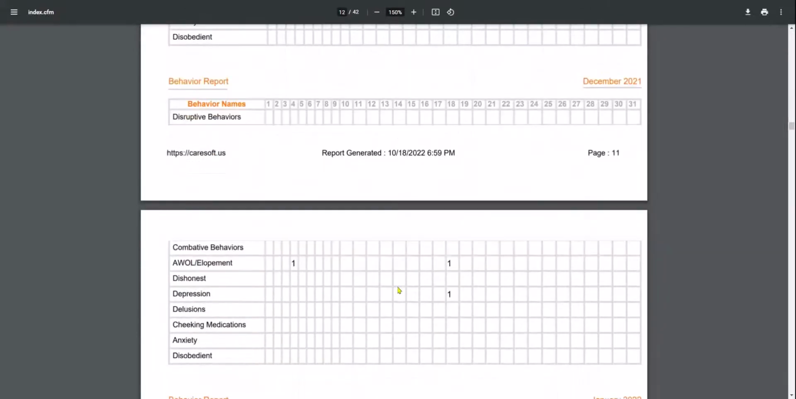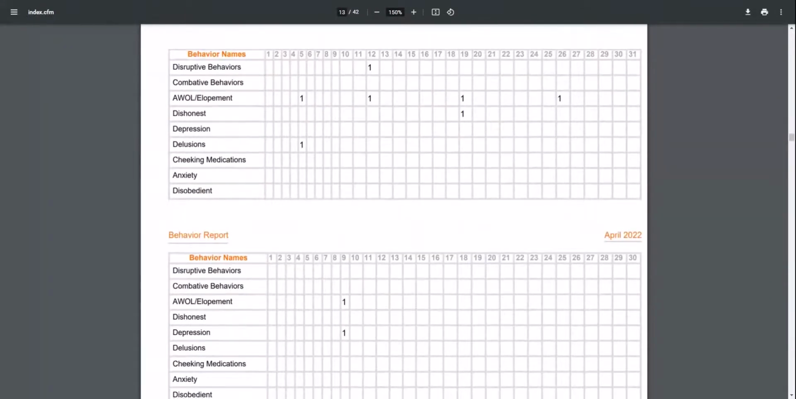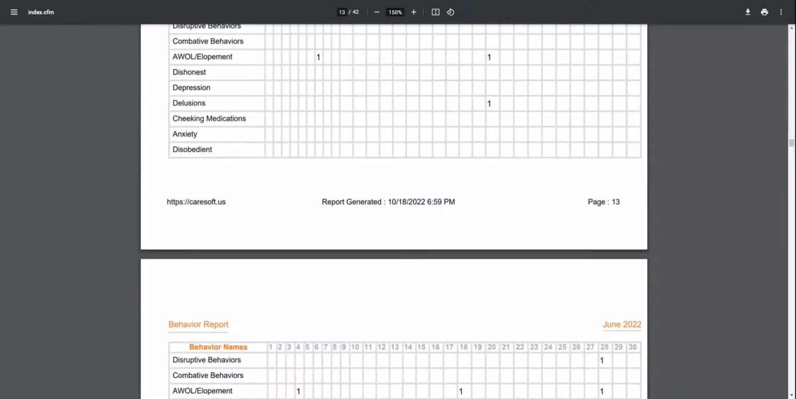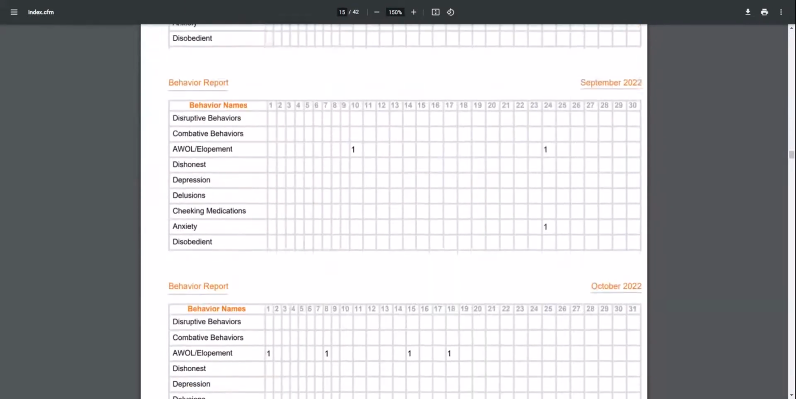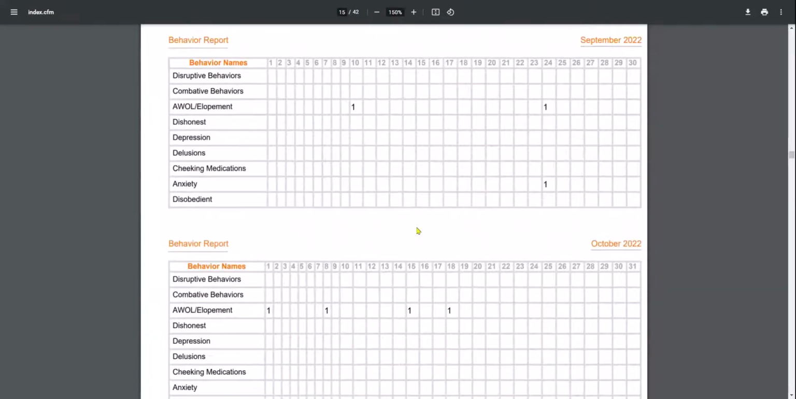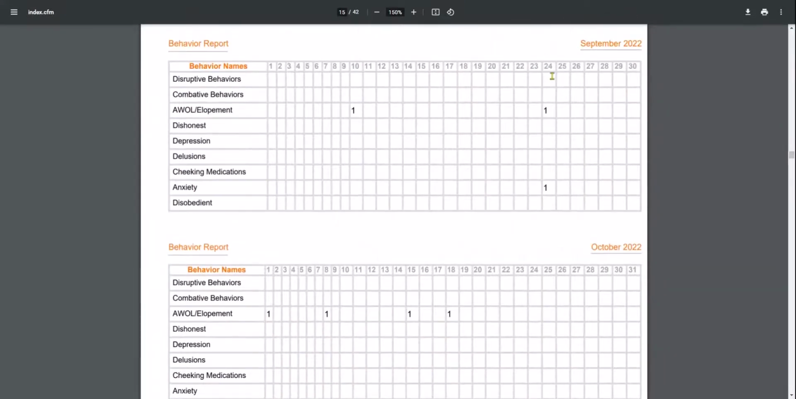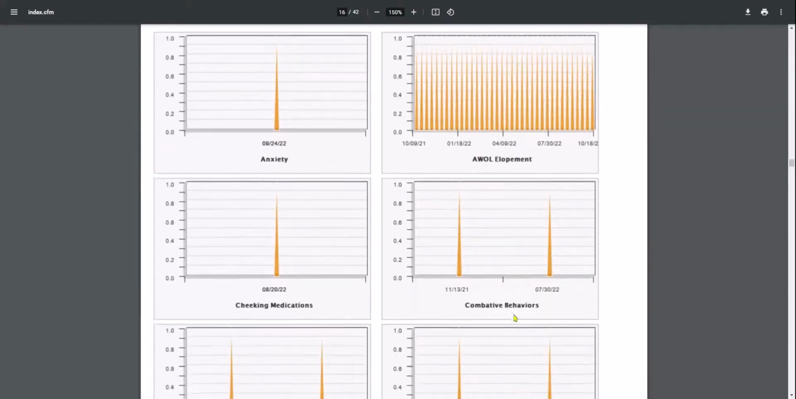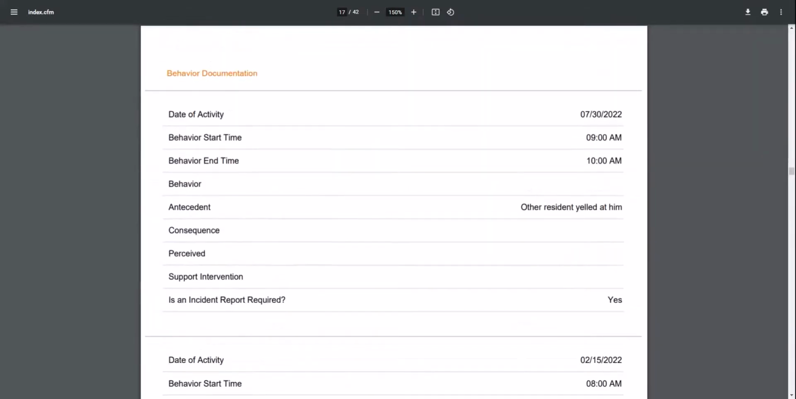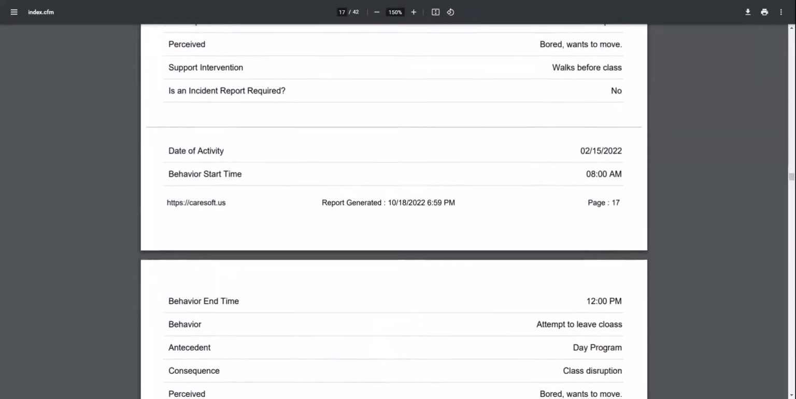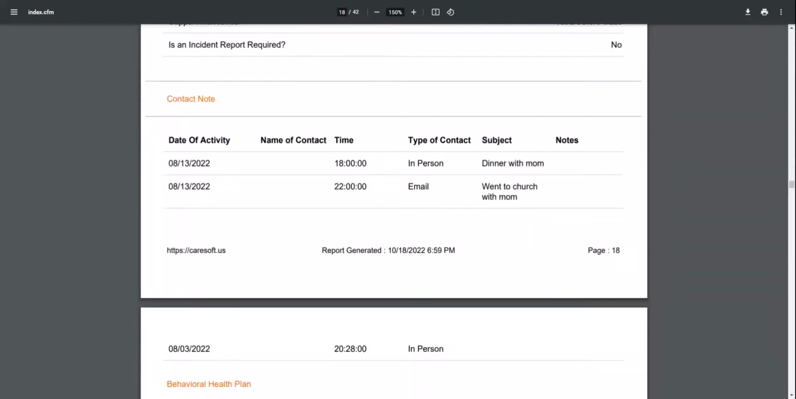So you can literally go to a specific day on a specific month. And the reason why we're seeing all these months is because we chose a year. You can see here every single thing that John's done. You can see lots of AWOL attempts on these specific dates. Also, you can see here anxiety on the 24th of September. You can see graphs related to these behaviors. And then we can go into specific behavior documentation days where you actually wrote in detailed documentation for those items,